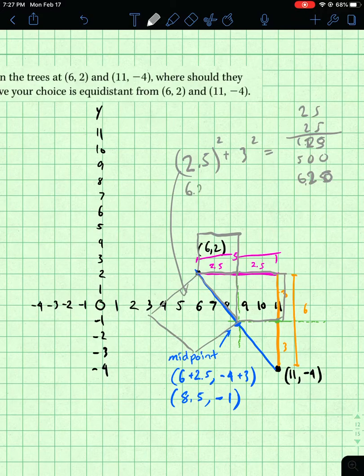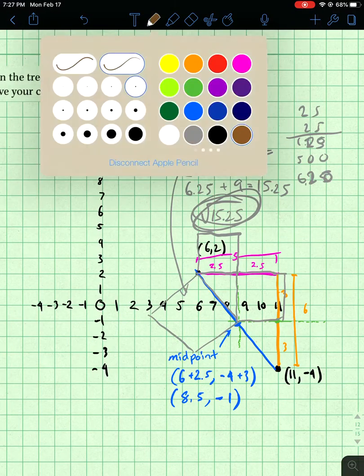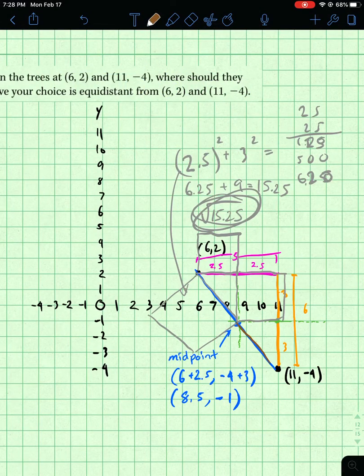So 6.25 plus 9 gives us 15.25. The distance is therefore the square root of 15.25. So we need to get that again down here in brown with those similar measurements,